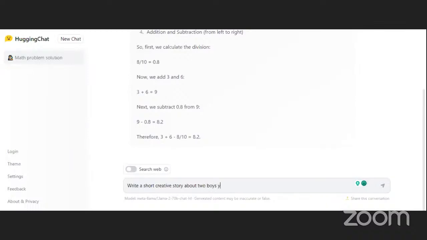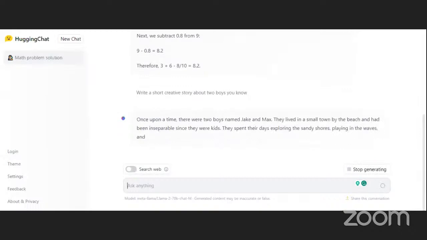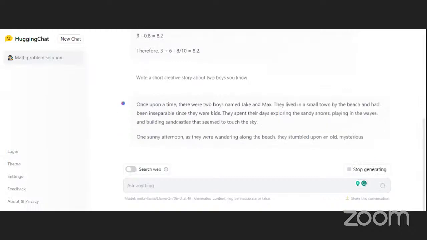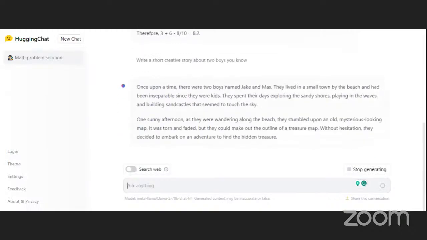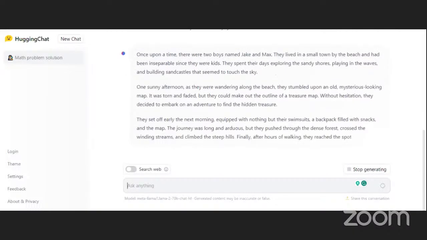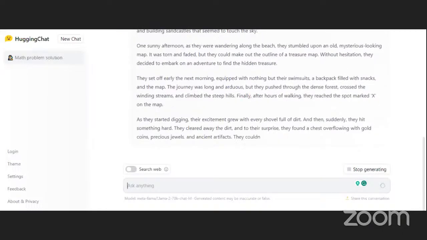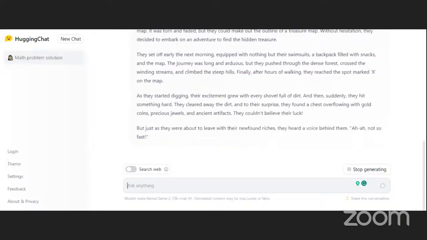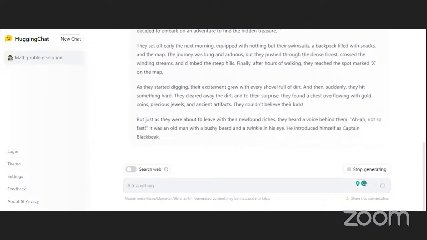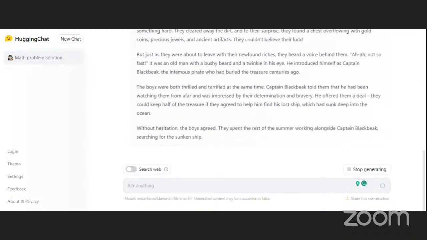You see, it writes: once upon a time there were two boys named Jack and Max. They lived in a small town by the beach and had been inseparable since they were kids. They spent their days exploring the sandy shores, playing in the waves, and building sandcastles that seemed to touch the sky. You see, it writes for you. Now you have an amazing story that is being generated for you by this chatbot.